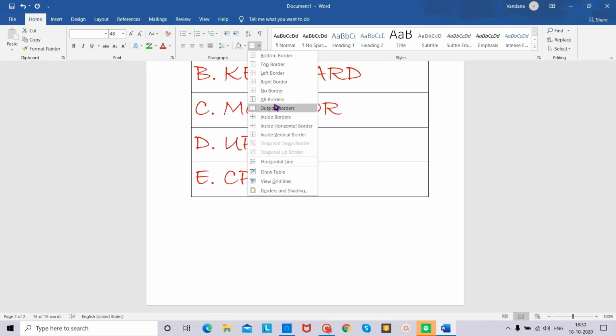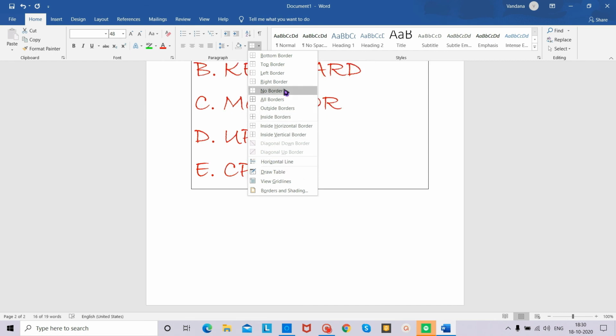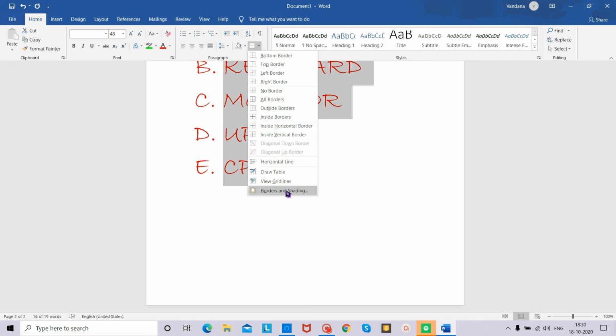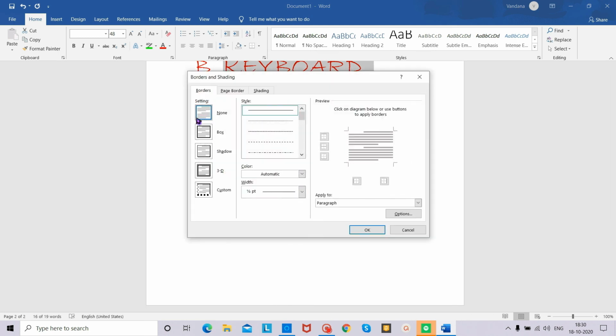So here some borders are given, like border and shading. You need to click here. If you want to give box style, shadow and 3D and custom, these many options are given. Suppose I have chosen box here. So many styles are given.